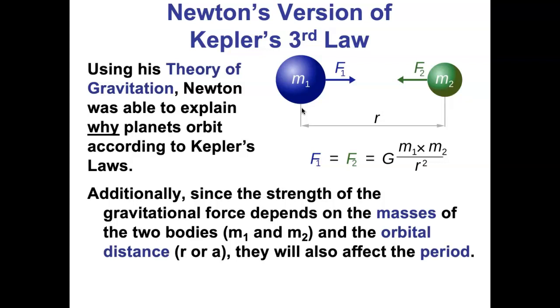Because people knew that planets move according to Kepler's laws. Kepler had figured that out decades before, but nobody knew why. So Newton comes up and says, "Oh, planets orbit because of my gravitational force, the force of gravity that I'm explaining right here." And people said, "Well, then you should be able to explain why the orbits of planets are ellipses with the sun at one focus, sweeping out equal areas in equal time. You should be able to explain why p squared equals a cubed."